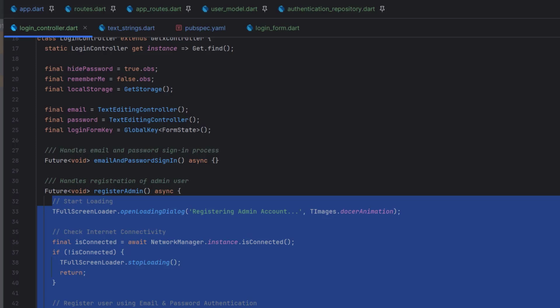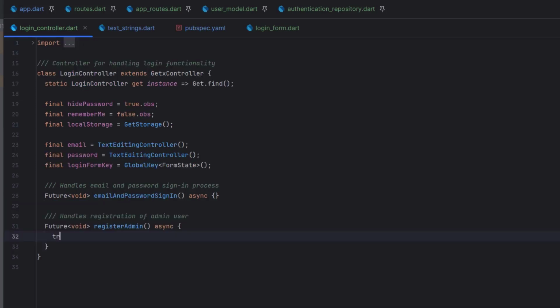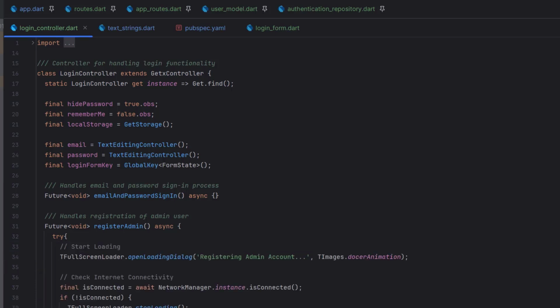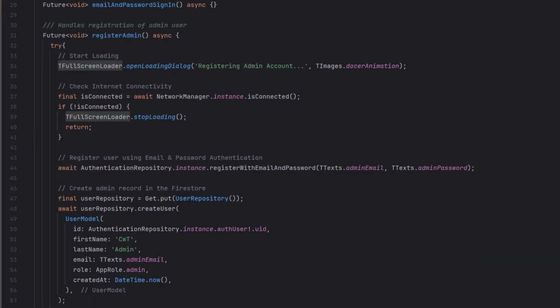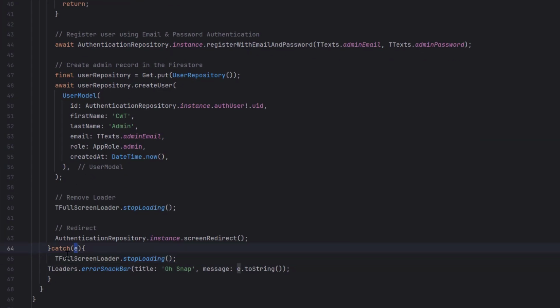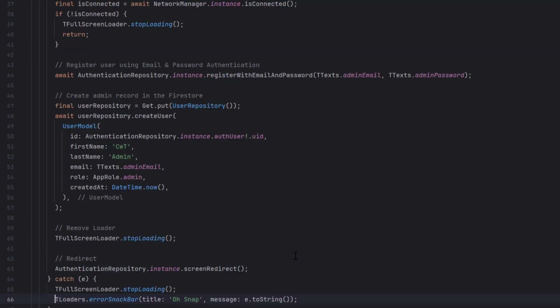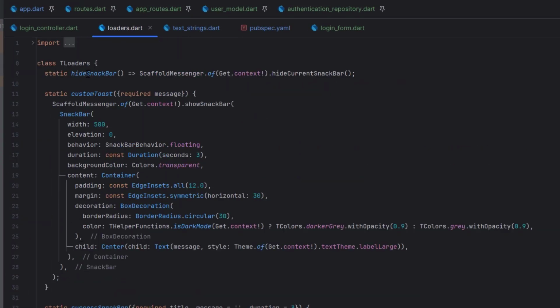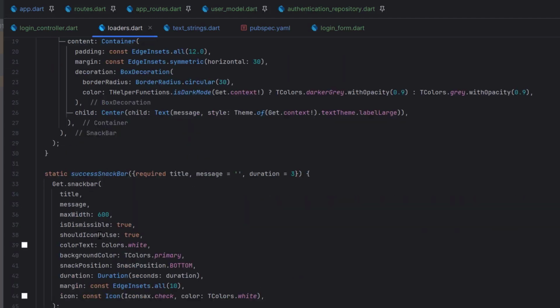And also above all, we have to cut this complete code and wrap it with a try catch. We will receive the errors in the e variable, paste all the code in the try, and in the catch, if we receive anything in the e or any exception is caught, we first want to stop the loading, and then in the tloaders.error snack bar, we want to display that there is some error or something went wrong. Now this tloader.error snack bar is again a helper class, which is the tloaders class, and I have